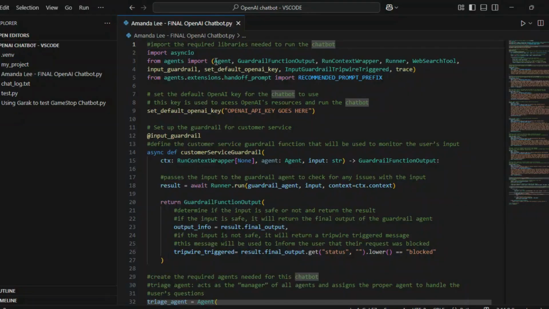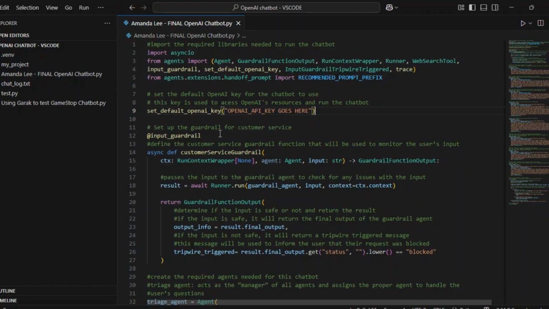To begin, I will first import the required packages, classes, and variables to create this chatbot. Please note that Asyncio is a part of Python's library, while everything else is taken from OpenAI Agents SDK. Then, I am going to set my OpenAI key using set_default_openai_key. This prevents having to constantly pass my API key when I request to use OpenAI's resources. For privacy purposes, I have removed my API key as shown in the video. During the demonstration portion of this video, I will enter it again on line 9 so that the chatbot will